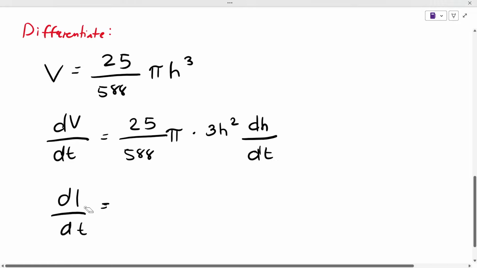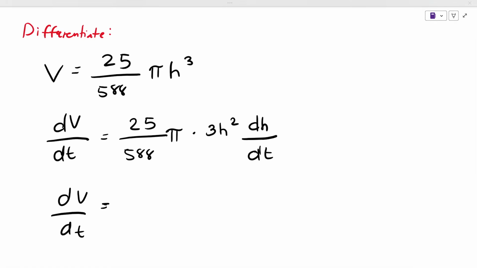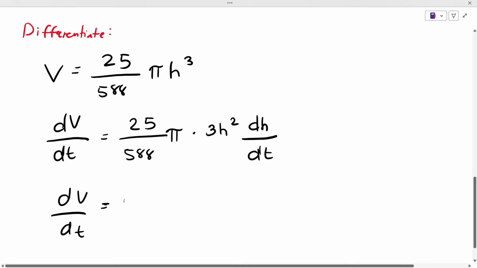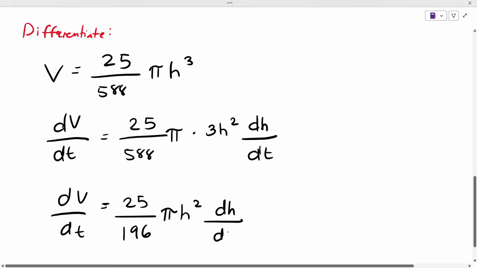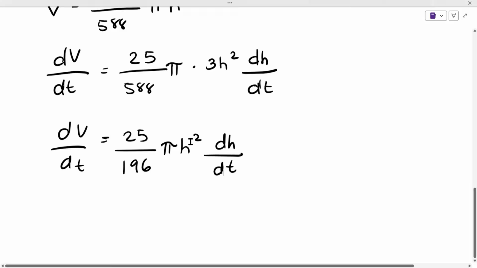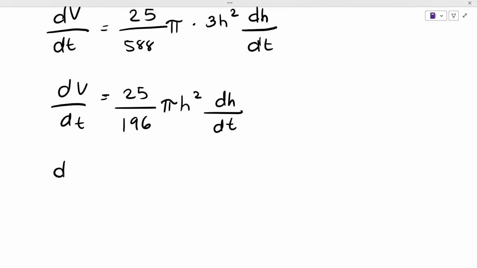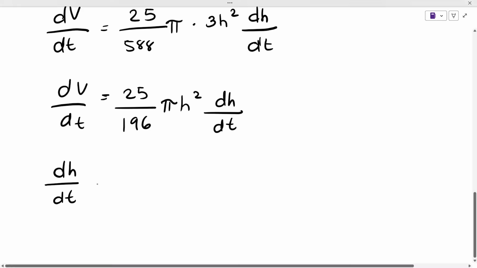Let's simplify this first. dV over dt will be 25 over 196 pi h squared dh over dt. And then let's equate it to dh over dt. dh over dt equals